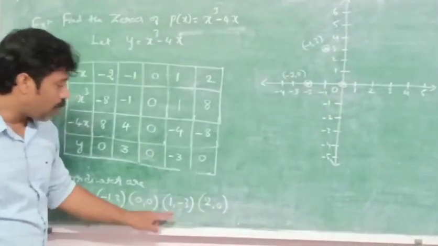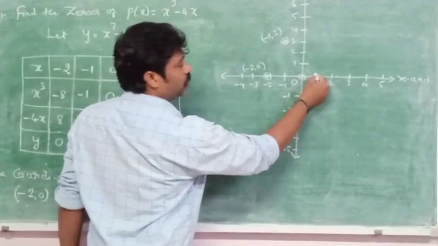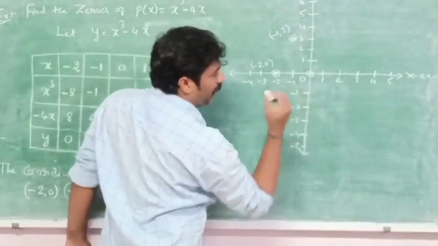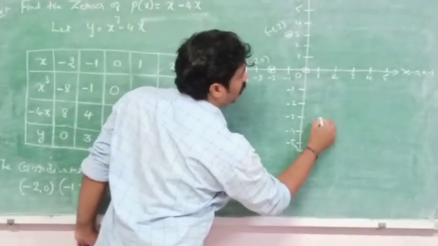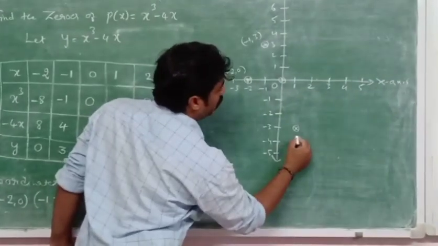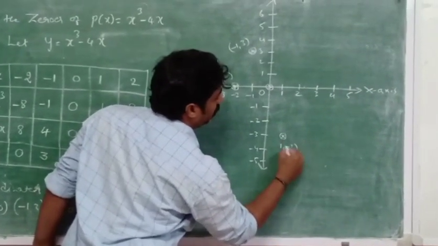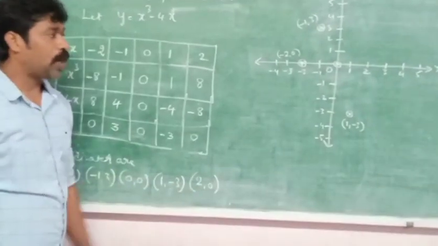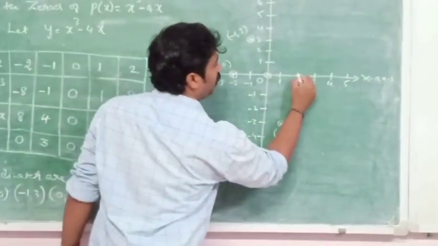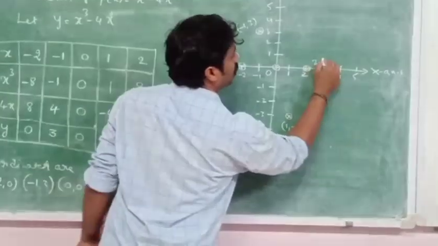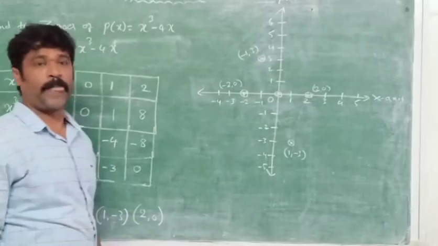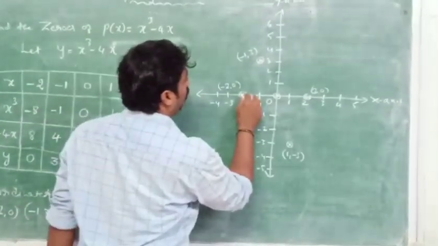Then 1 comma minus 3: on the x-axis 1 and y-axis minus 3, the intersection point is this one. Then 2 comma 0, which we get on the x-axis. Now, if you join all these points,